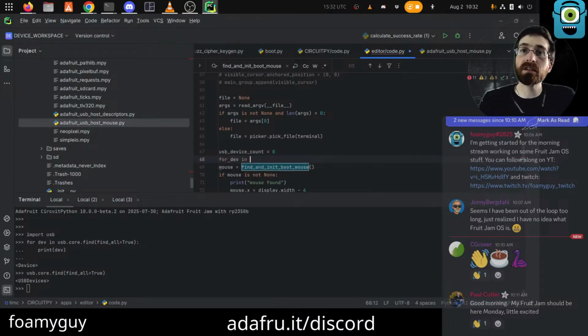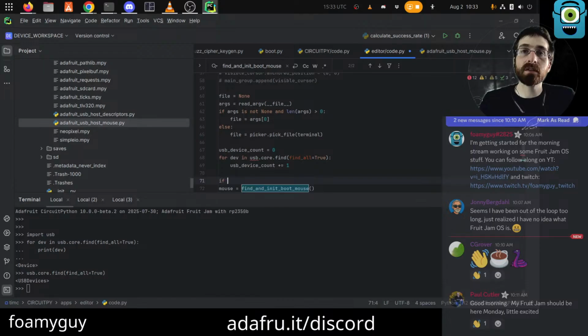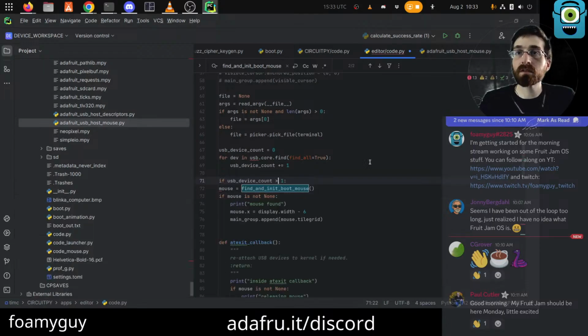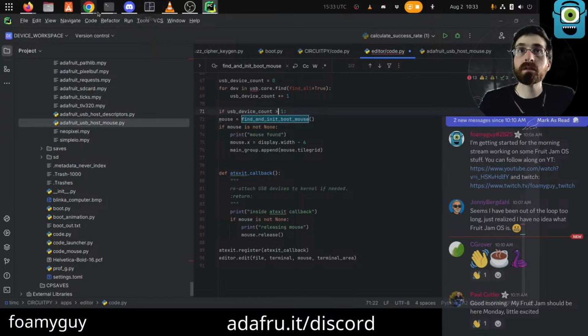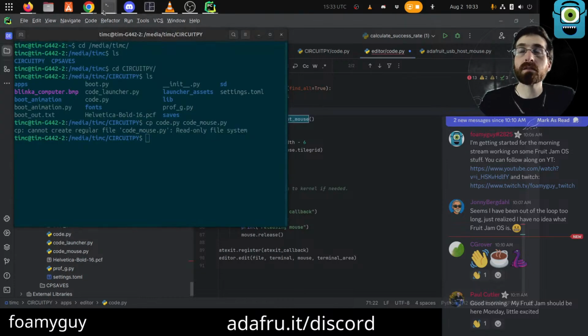For device in usb.core.find, find_all true, plus 1, and then if device count is greater than 1, then